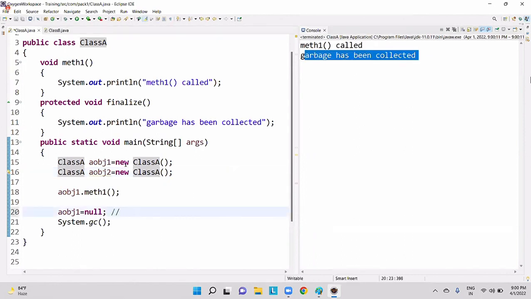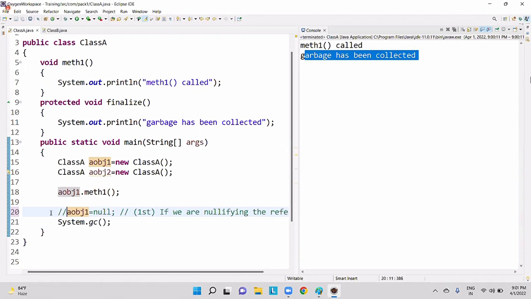When we nullify the reference, for this object you had this reference, and once you pointed this reference to null, then this object becomes an unreferenced object. Did you get it, guys? That object will be an unreferenced object, so that is the only reason it will be destroyed. This is the first case.